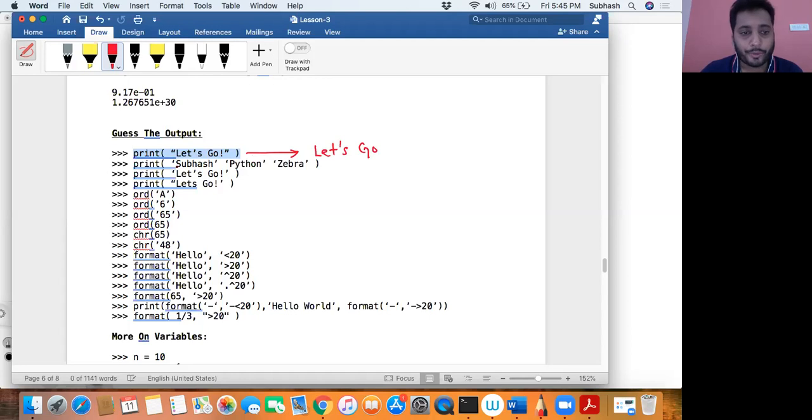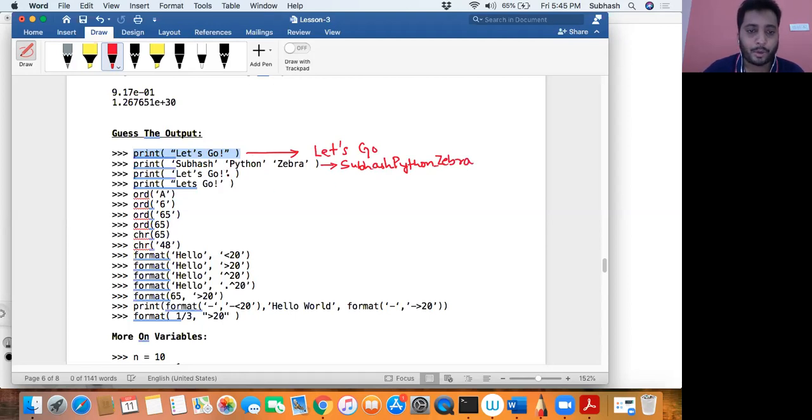Now, next one, print Subhash within a single quote, Python within a single quote, and zebra within a single quote, and there is no comma and all that. In that case, what happens? Everything gets concatenated and becomes one string. So the output would be Subhash, no space, Python, and then zebra, no space here either.